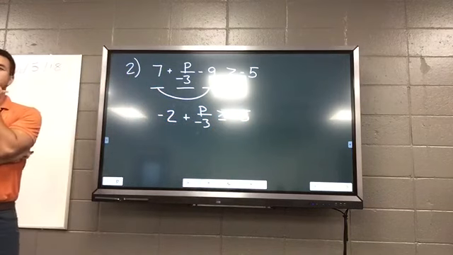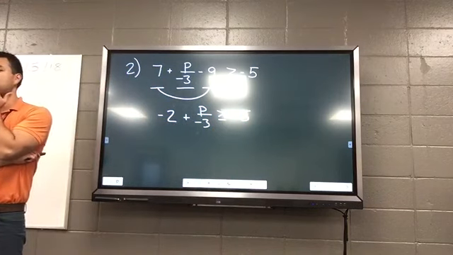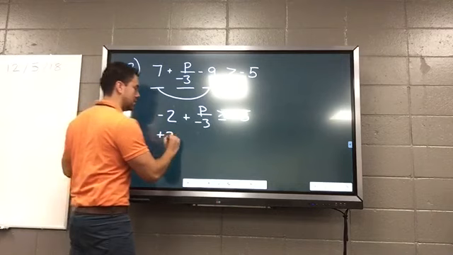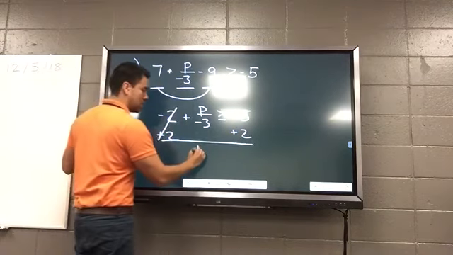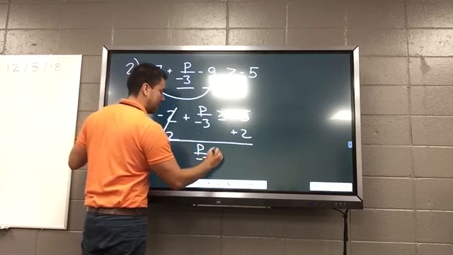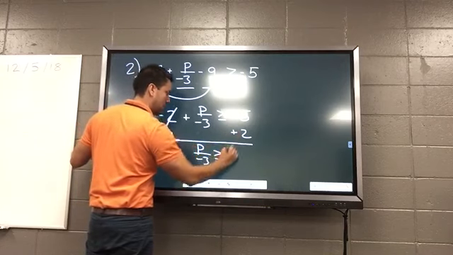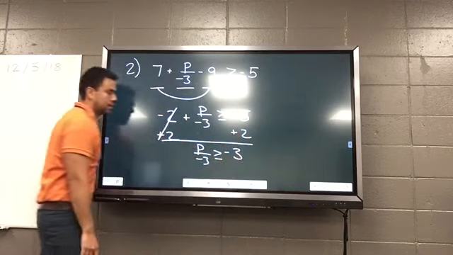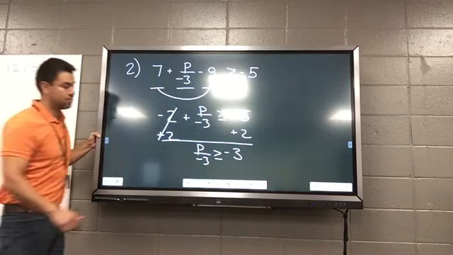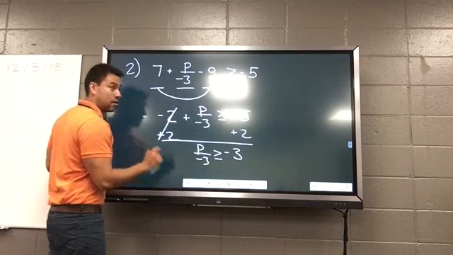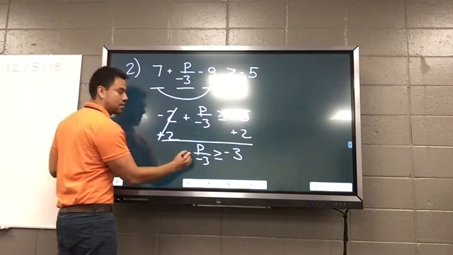What do I do first? Add 2 to both sides. Good. And that gets rid of this. You got p over negative 3 greater than or equal to negative 3. Then what do you do to finish this off? Multiply by both sides. Not just 3, but